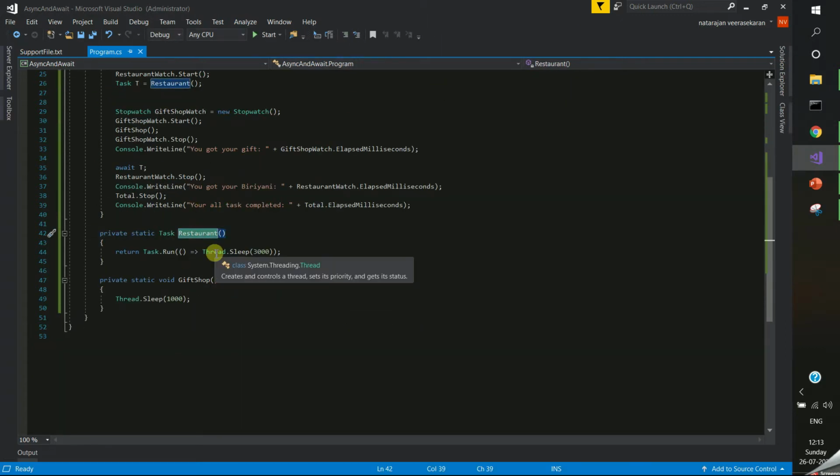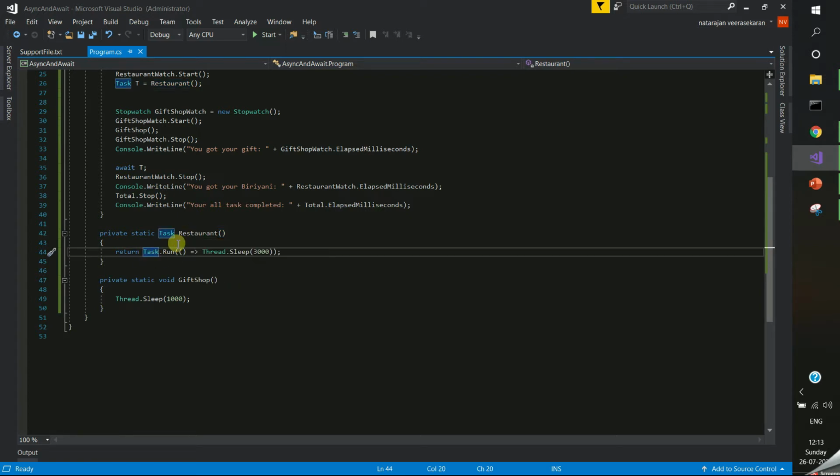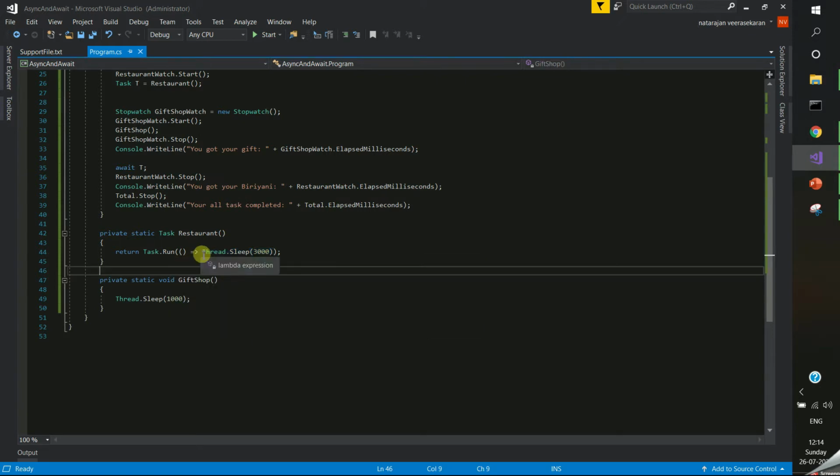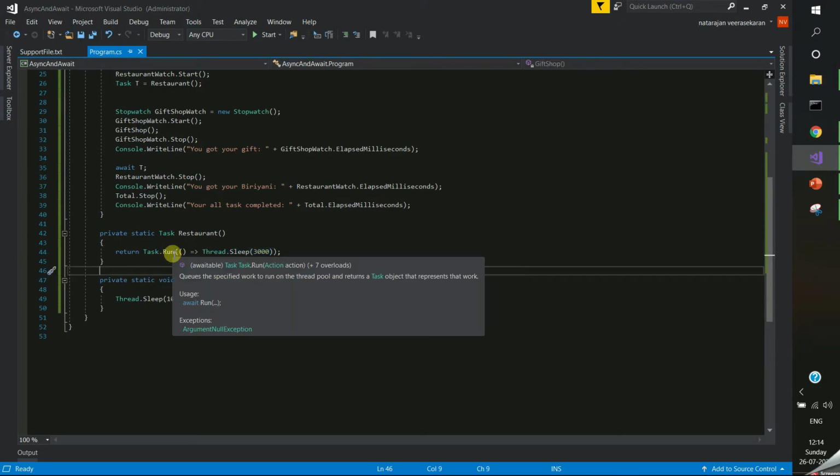Here, when you think of making an asynchronous process, your particular process should be split into a task. So that's the reason I have it here as a task. For example, here our task is Thread.Sleep, right? I am doing this inside Task.Run, because of what happens internally: all the tasks are kept in some kind of queue, and based on the particular order they get executed. My task I am assigning into the task queue and running it.